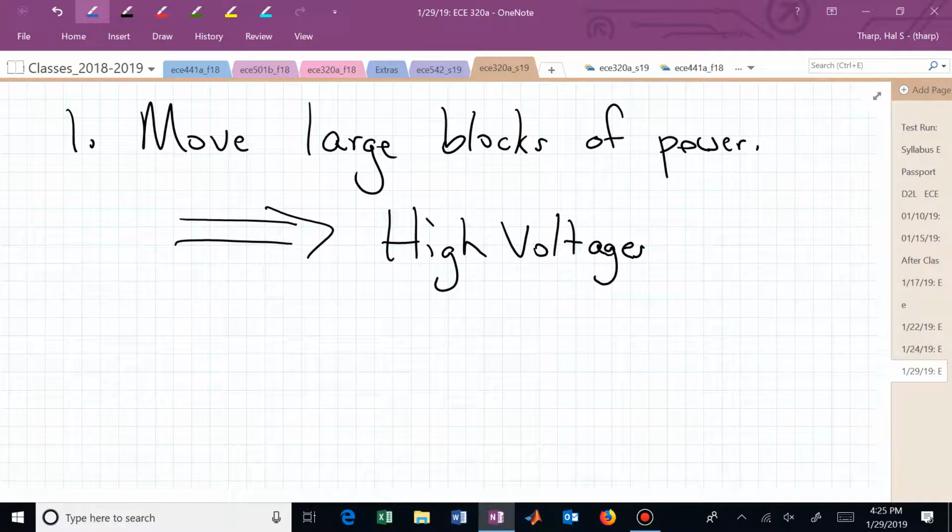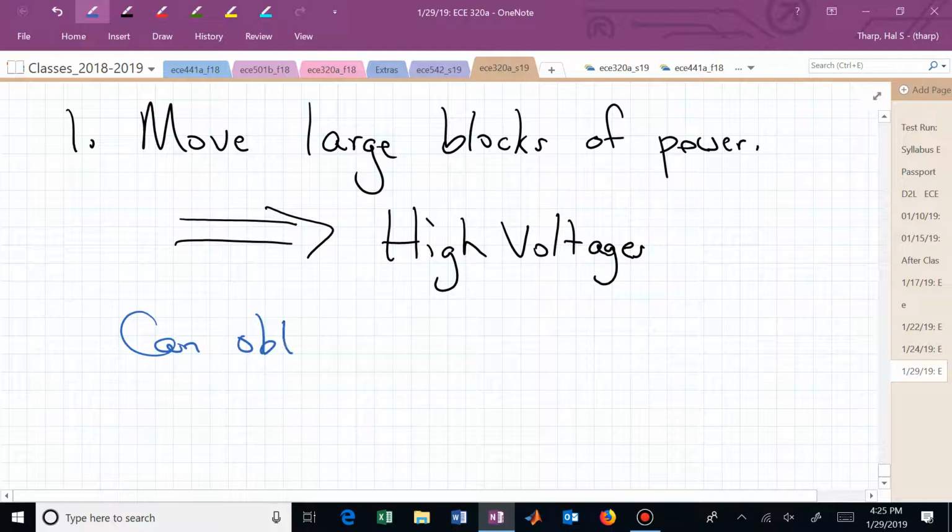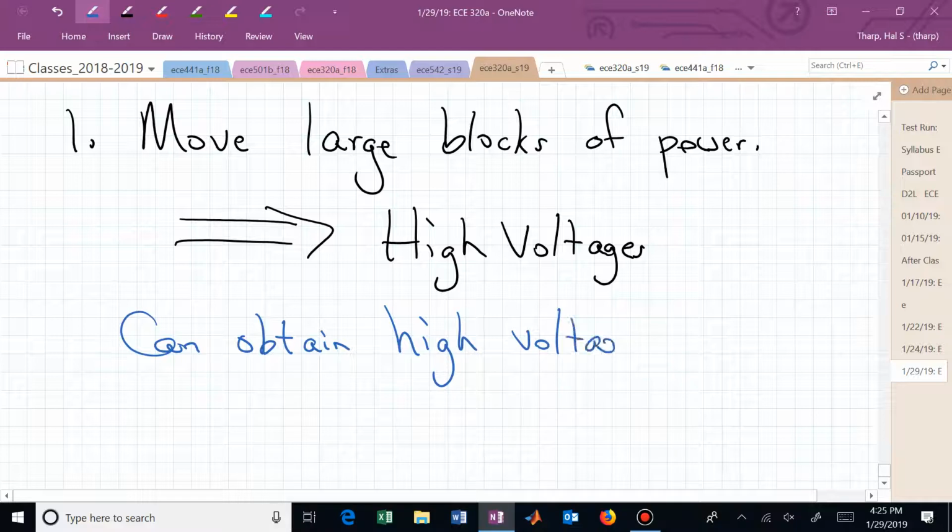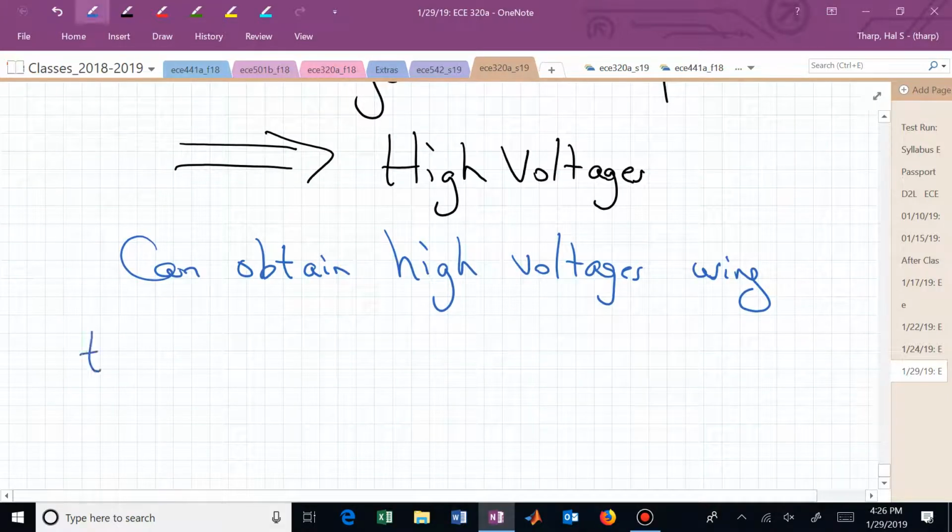And in order to obtain high voltages, we can do that if we have AC power via transformers, just coils wrapped around some magnetic material. So now we can obtain these high voltages using transformers